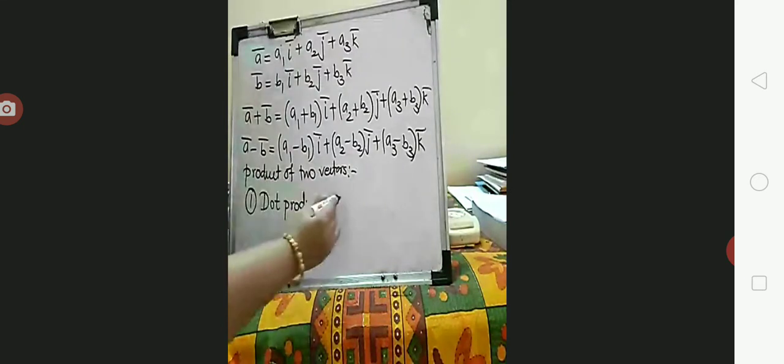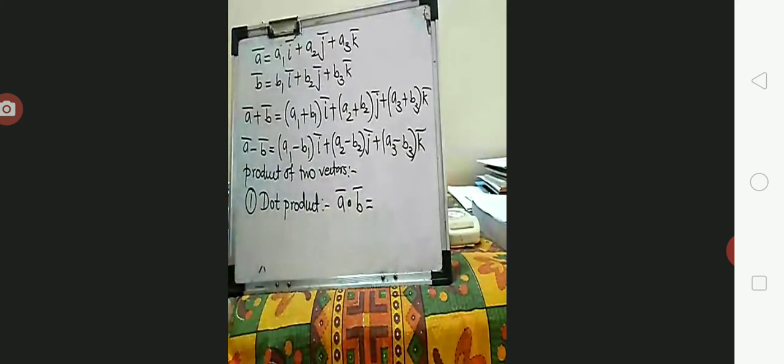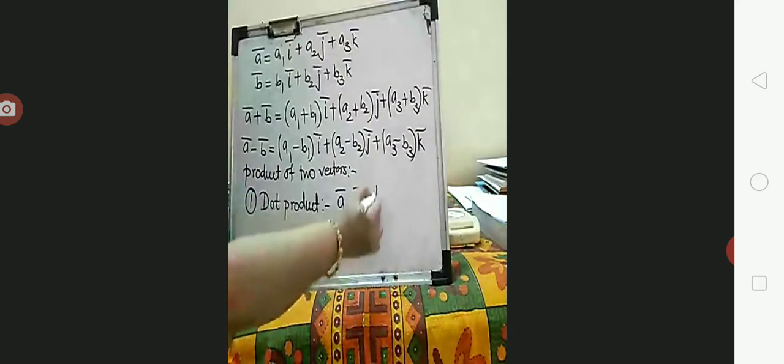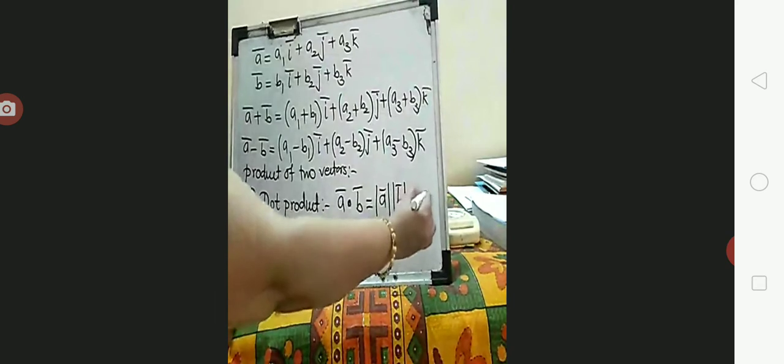So the dot product between the two vectors, by definition, is written as a bar dot b bar. Now see, purposely I am writing this dot as a bold dot. You just make a small circle and shade it, make it a dark circle between the two things. Don't just put the pen on the paper like a point, so don't consider this as a dot. So a bar dot b bar is defined as mod of a bar into mod of b bar cos theta.